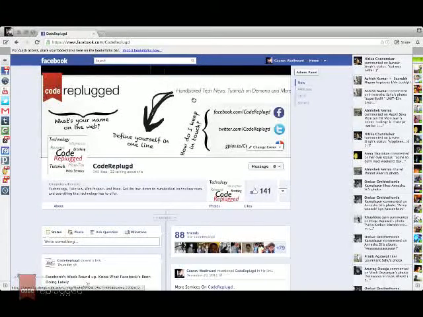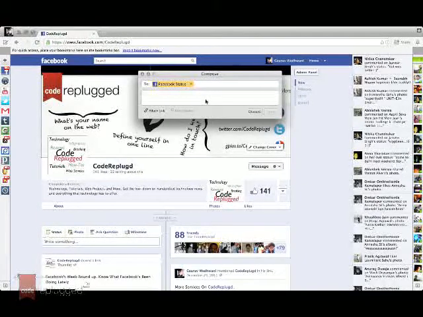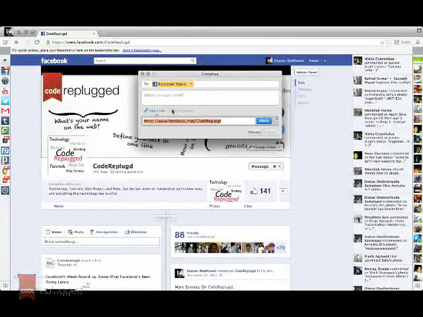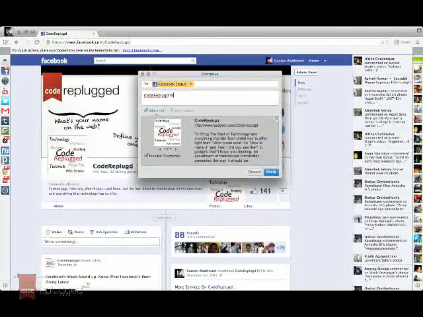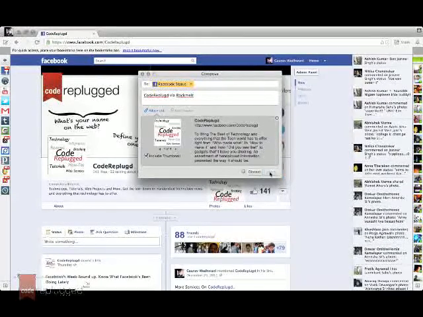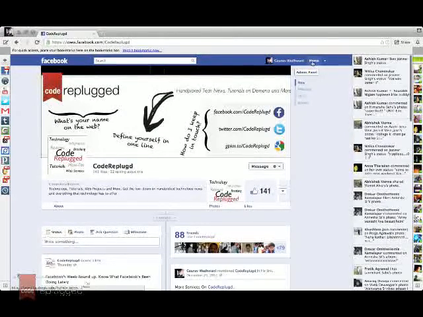And yeah, you can even post a status. Let's just say if I want to attach a link, I just click on attach a link. It just automatically gets my current page link, and I can also modify it and just type in Code Replug via Rockmelt, and yeah, that's about it. Share and it's done. It just goes, it's done, nothing else. And as you can see, the ticker is up on the left and the chat icons are on the right, sorry.